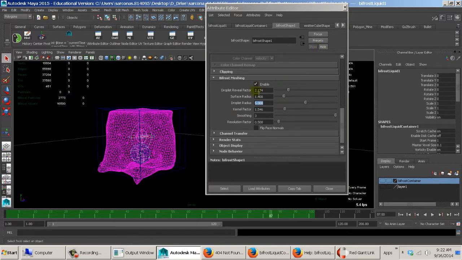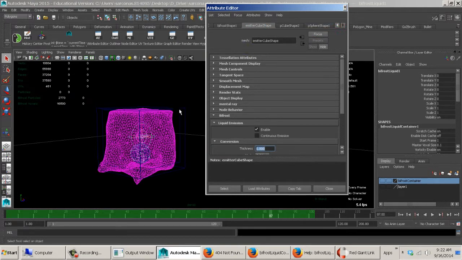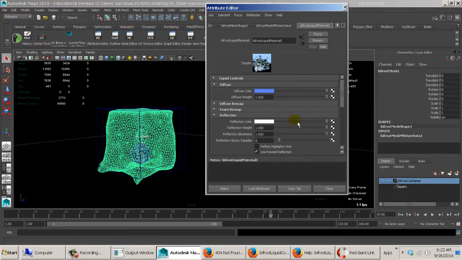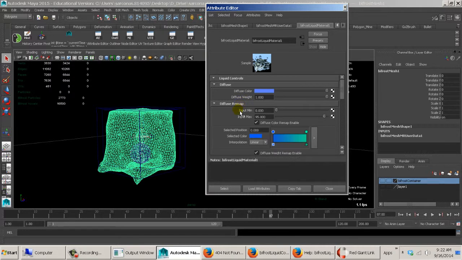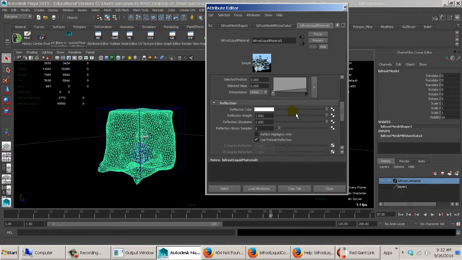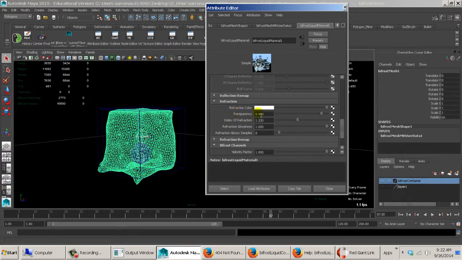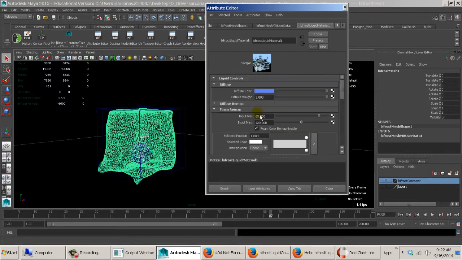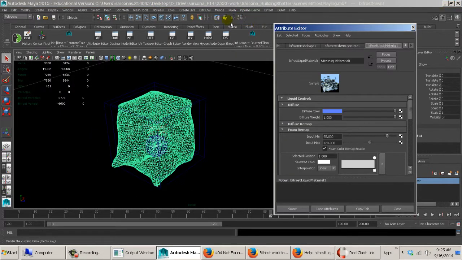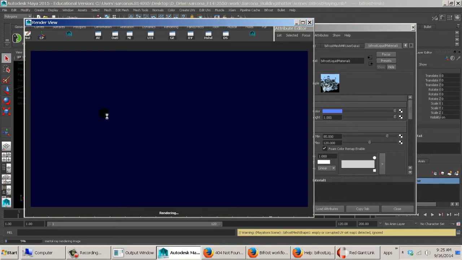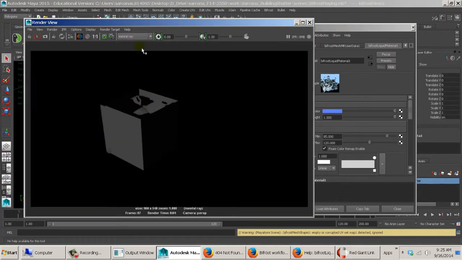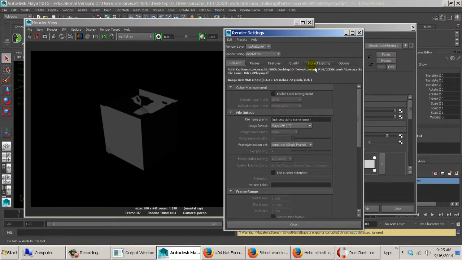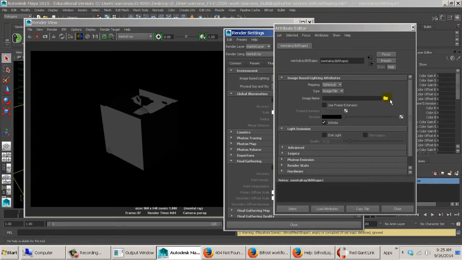Okay, so there's that. There's also this Bifrost, if I click on the shape, liquid material. And the liquid material, there's a whole bunch of stuff inside here where we can control the reflection, we can control the foaminess. Okay, so some of the stuff that's in here that is kind of important is the foam remap. If we were to render this guy again, there's no lighting in the scene, there's nothing crazy fancy, so it's probably not going to look very good right now. But if I just drop in an HDR image,